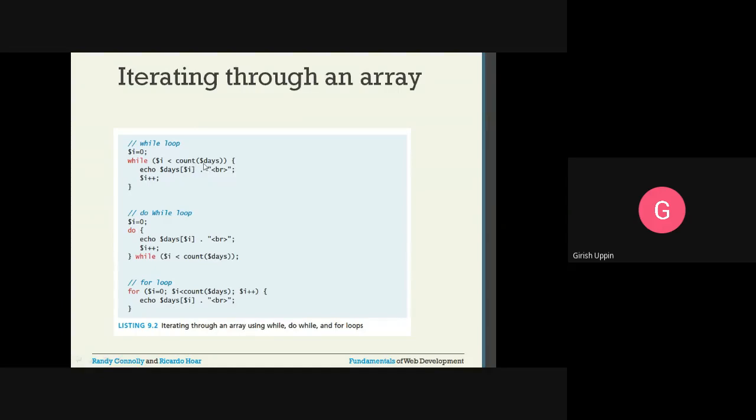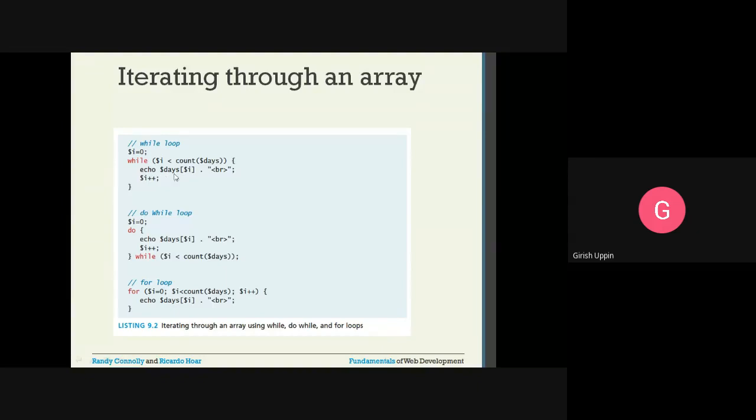This gets me the number of elements present. Initially $i is 0. For example, in our $days example, we had 5 values, Monday, Tuesday, and so on, so the count of that array is 5. 0 is less than 5, the condition is true, it will come inside.